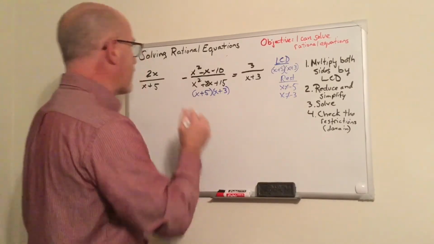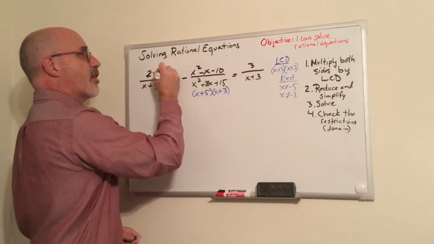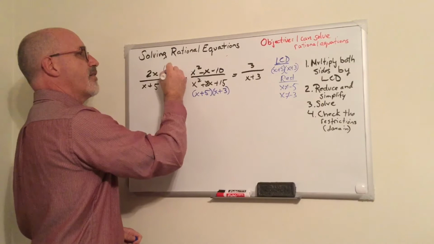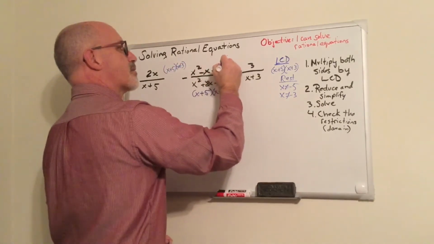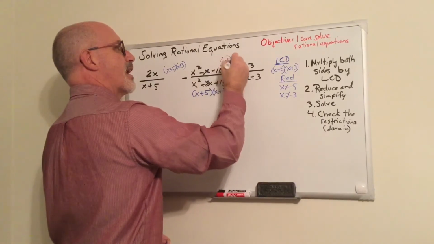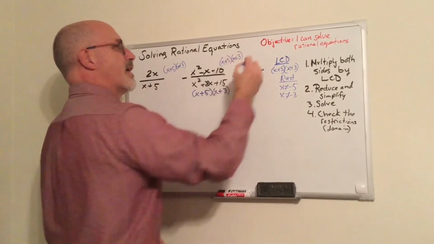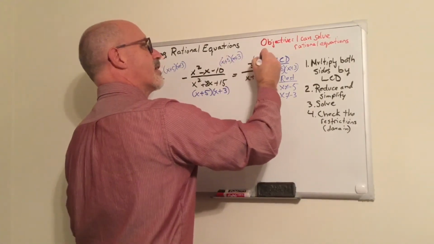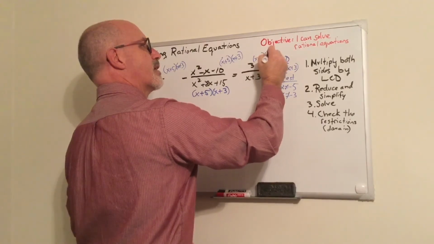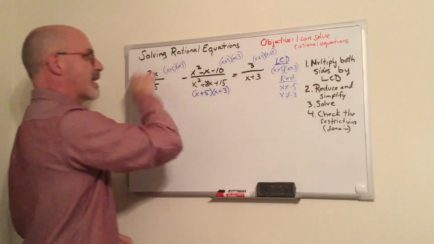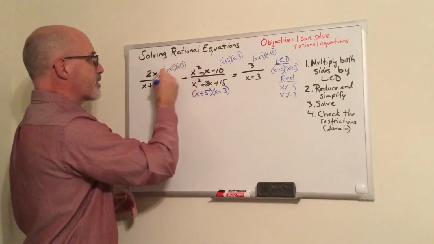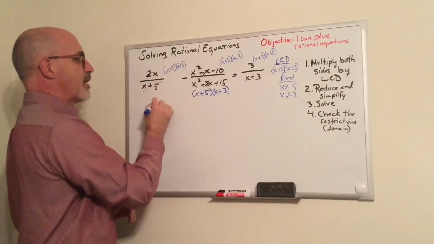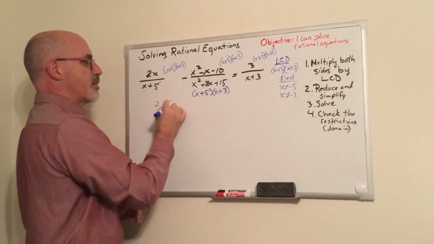All right, let's multiply by that LCD on all these fractions. So x plus 5, x plus 3, x plus 5, x plus 3, and x plus 5, x plus 3. So both sides get multiplied. It gets distributed to both terms on this side. Notice the x plus 5's here cancel. I'm left with 2x times x plus 3